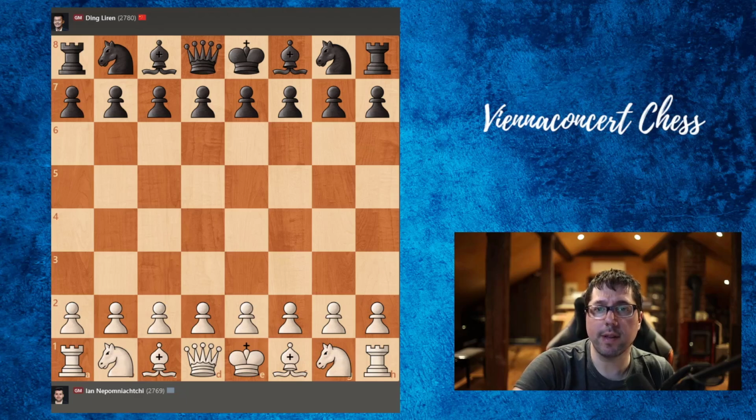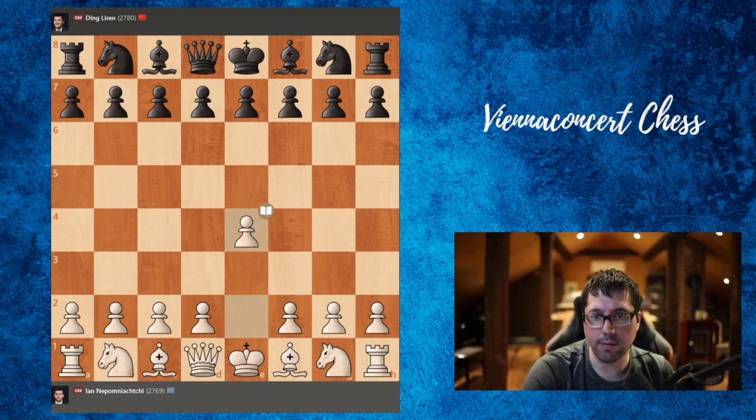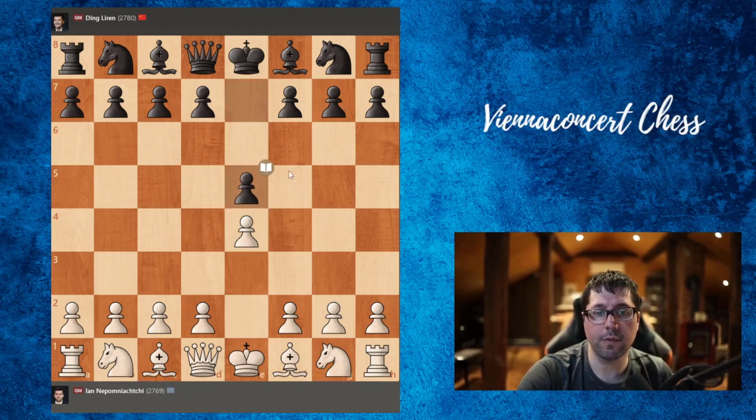This game was played at round 10 of Tata Steel Masters. So let's quickly jump into the game. Nepo started with e4. Now we have e5, so solid move. Knight f3,